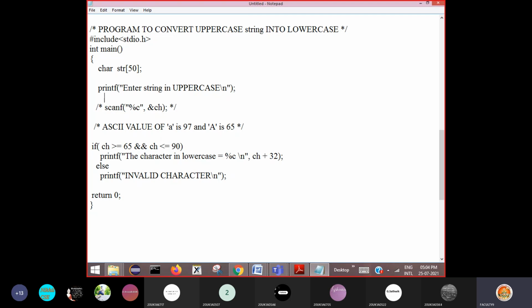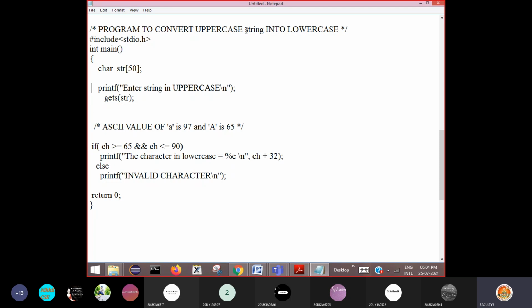You can use scanf function, but the problem is a multi-word string you cannot read. Using gets function you can read multi-word strings also. So this I am removing here. This you can keep for your reference as key values.